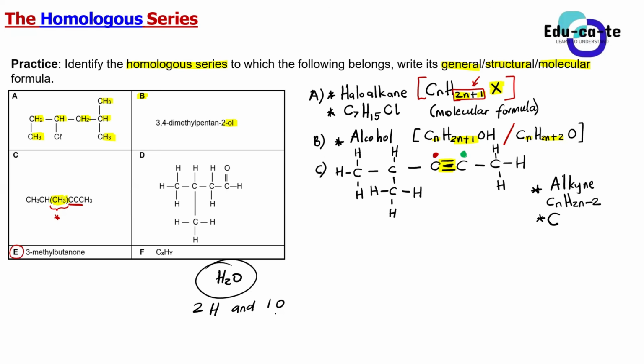So when you are looking at this organic molecule that we have drawn, and we have written its structural formula, how do we figure out the molecular formula, guys? A simple thing. You count the number of carbons, the total number of carbons. What is the total number of carbons here on compound C?